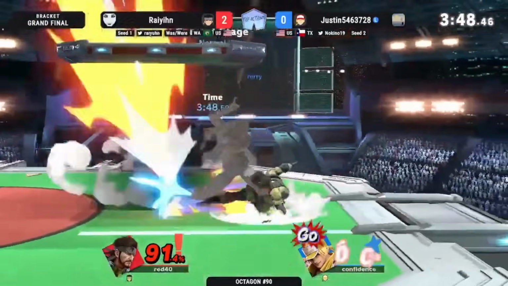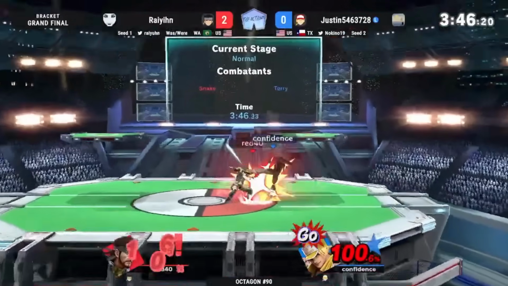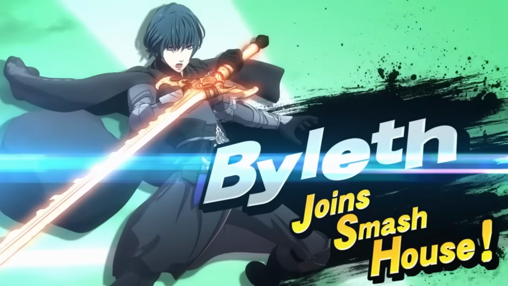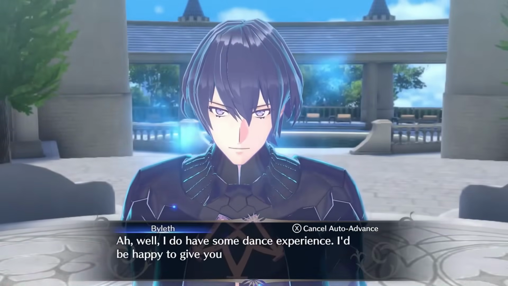Either way, it'll have both combo and kill potential, and no, it won't be as strong as the existing Power Geyser. We arrive at our final Fire Emblem character with Byleth, and like so many of their assists, this one